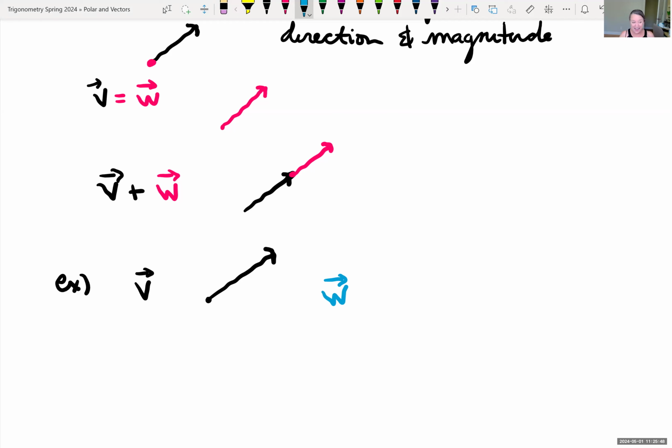So we're looking at adding two vectors. We have a v here. Let's look at our vector w. And if we wanted to look at v plus w,